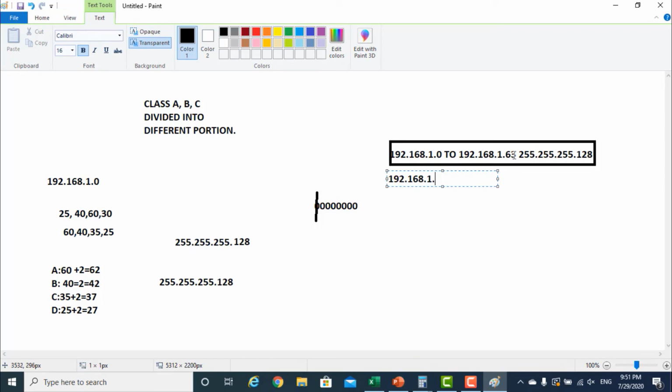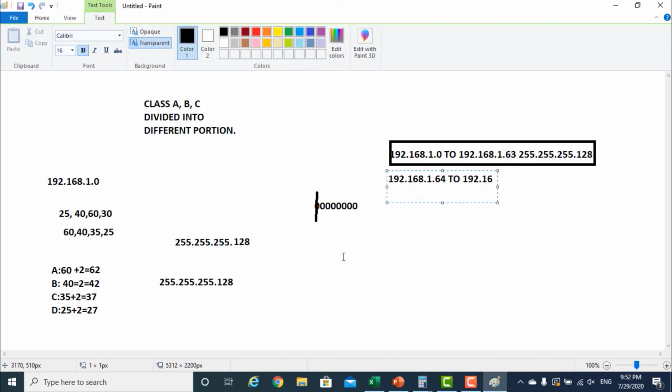Let's say the previous one ends at 63, so we will start from 64. If the previous subnet ends at, let's say, 100, the next subnet will start from 101. So here it is an accidental case that both have the same requirement, because for the power of 2 we don't have any good option. So that's why it's from 64 to